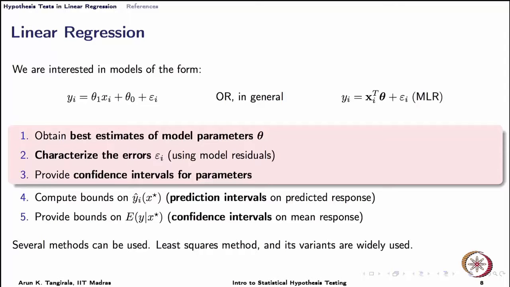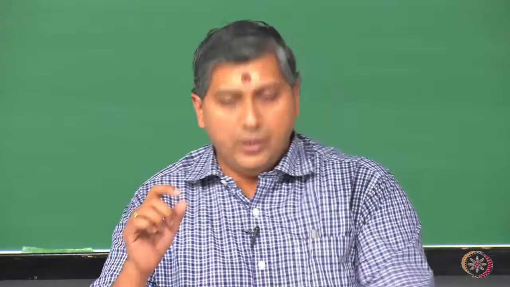And then of course, there are the other two problems of constructing prediction intervals. That is, once I fit a model, I make a prediction using the model of course, and then also I would like to make a prediction for the average of y. One is a prediction of y, which is called a point prediction at any given observation given xi. Suppose I tell you what is the temperature, you have to tell me what the relative humidity is.